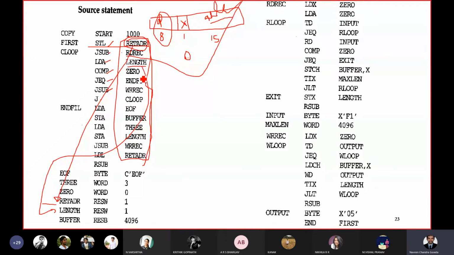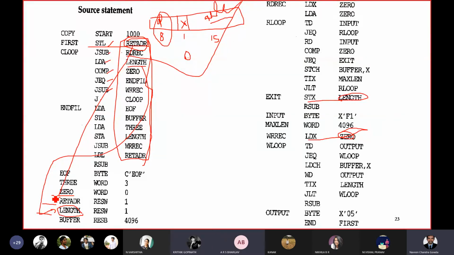So like this, if you observe, every operand in the program will be acting as a label somewhere else in the program. For example, in STX LENGTH, this LENGTH is a variable; here it is an operand, acting as a label at this location, which will have its own address. Understand, my dear students. Again, when you take up LDX ZERO, ZERO is the operand which will be acting as a label somewhere here. Are you getting it, my dear students? An operand in your program will be acting as a label in one instruction or another. Is it clear?